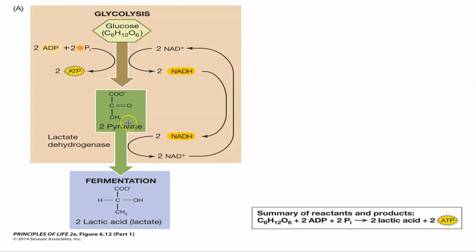So what exactly is happening here? Well, again, you don't have to know the molecular forms. The names will be important, but definitely knowing what's happening here is very, very important. So let's walk through this. Glycolysis, glucose breaking down, NADH, pyruvate. Oxygen's not around. So lactate dehydrogenase takes pyruvate and converts it into lactic acid. Okay?